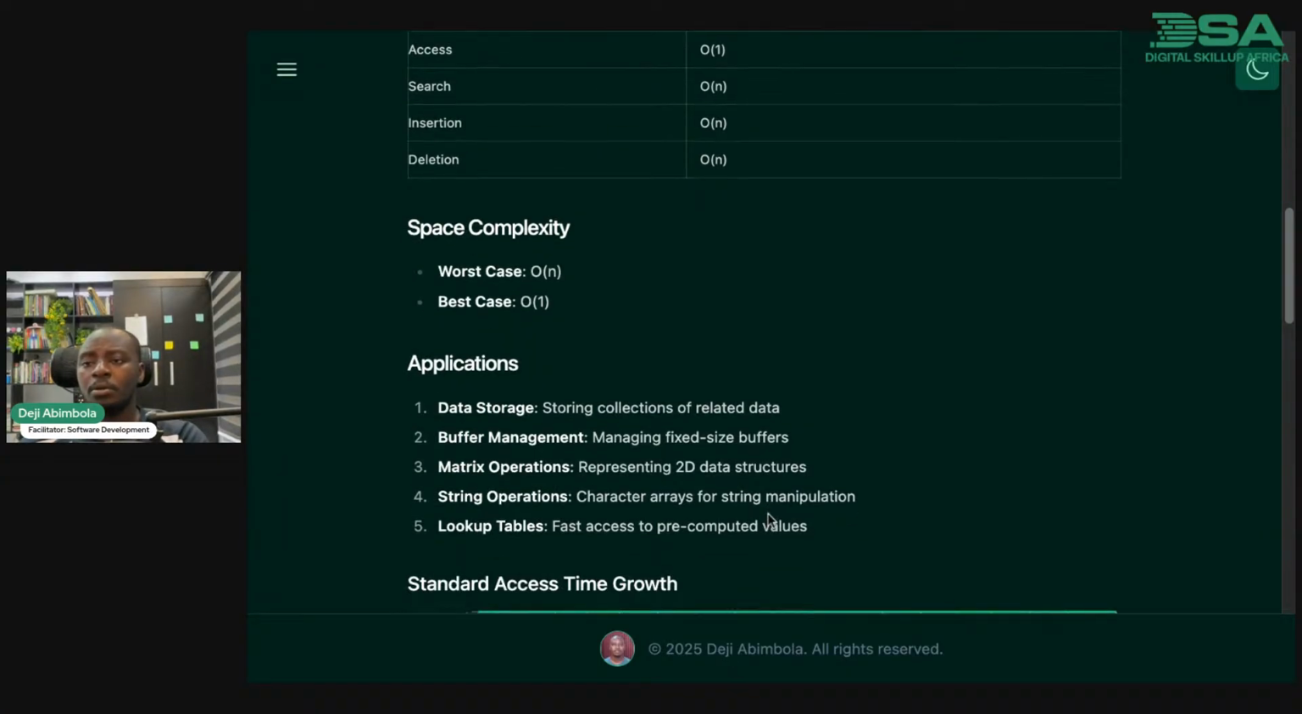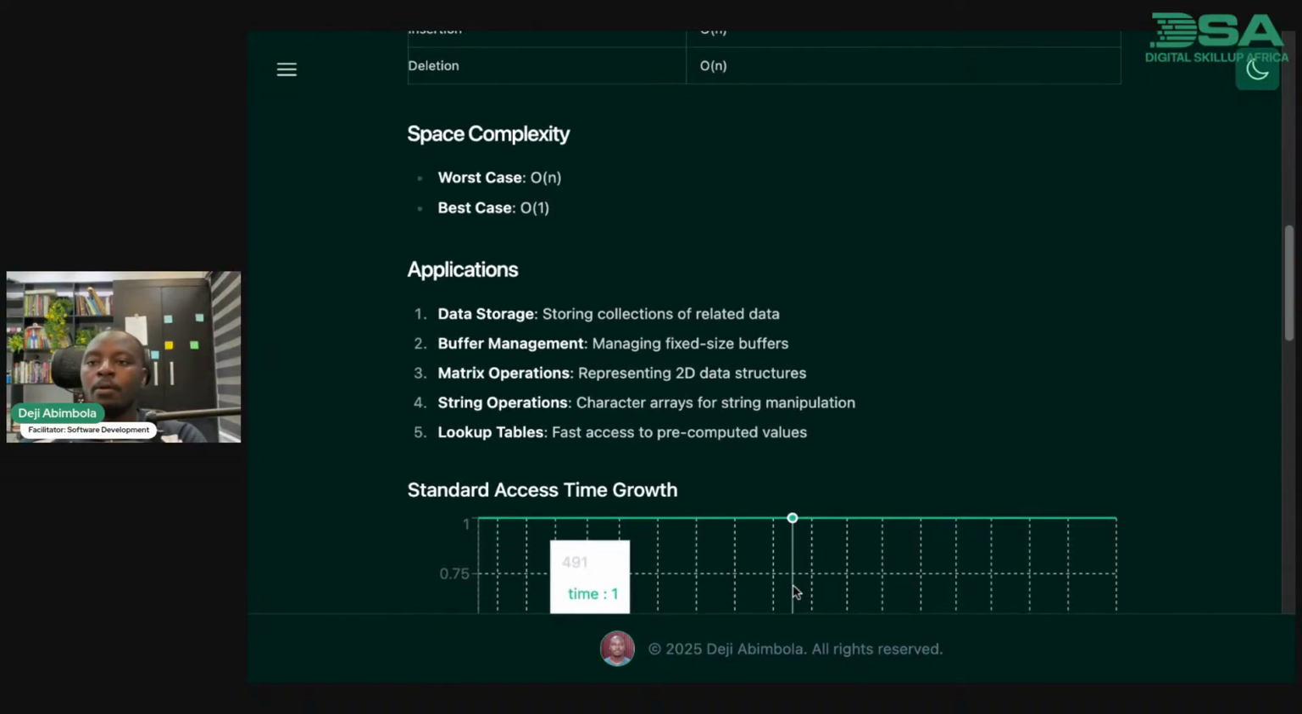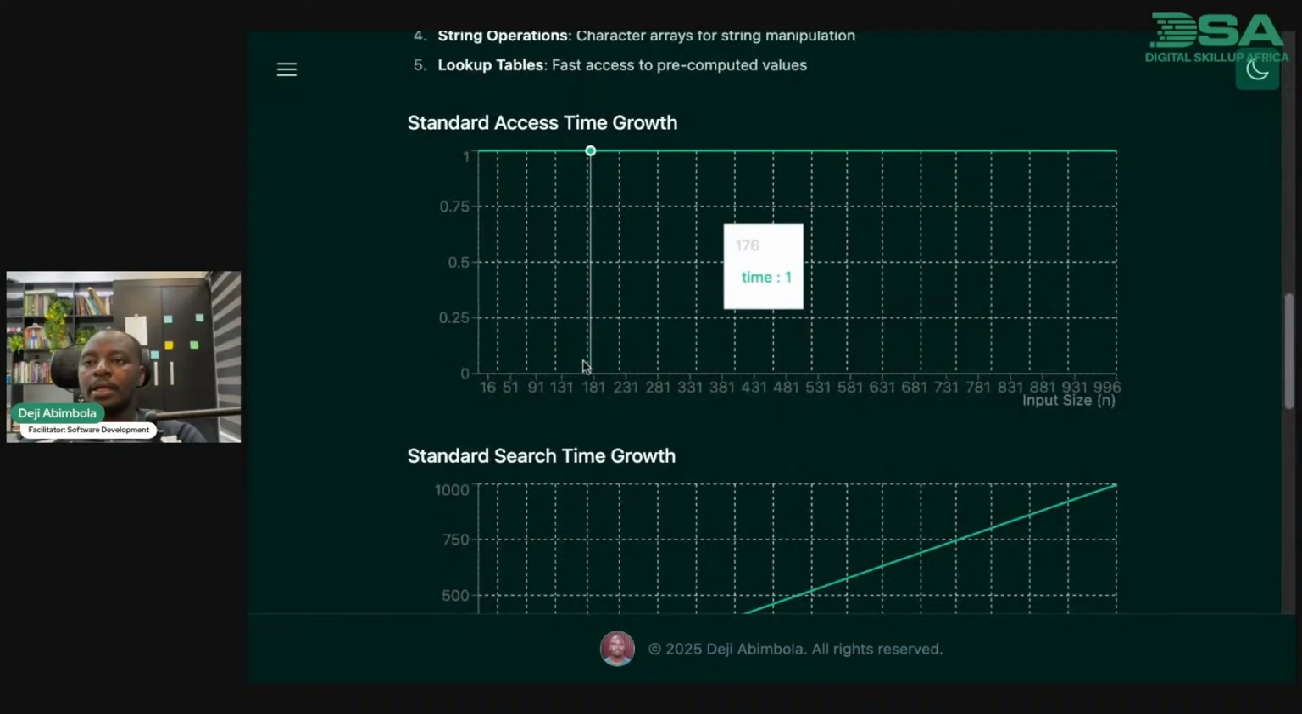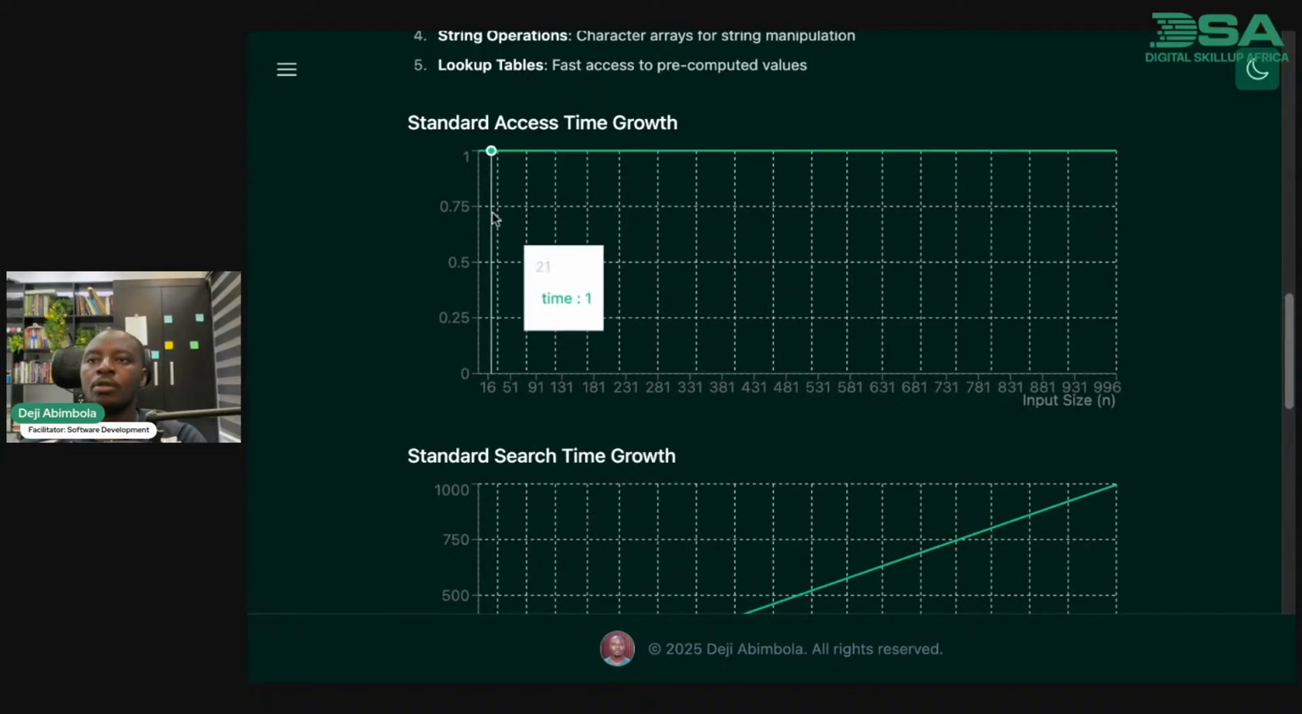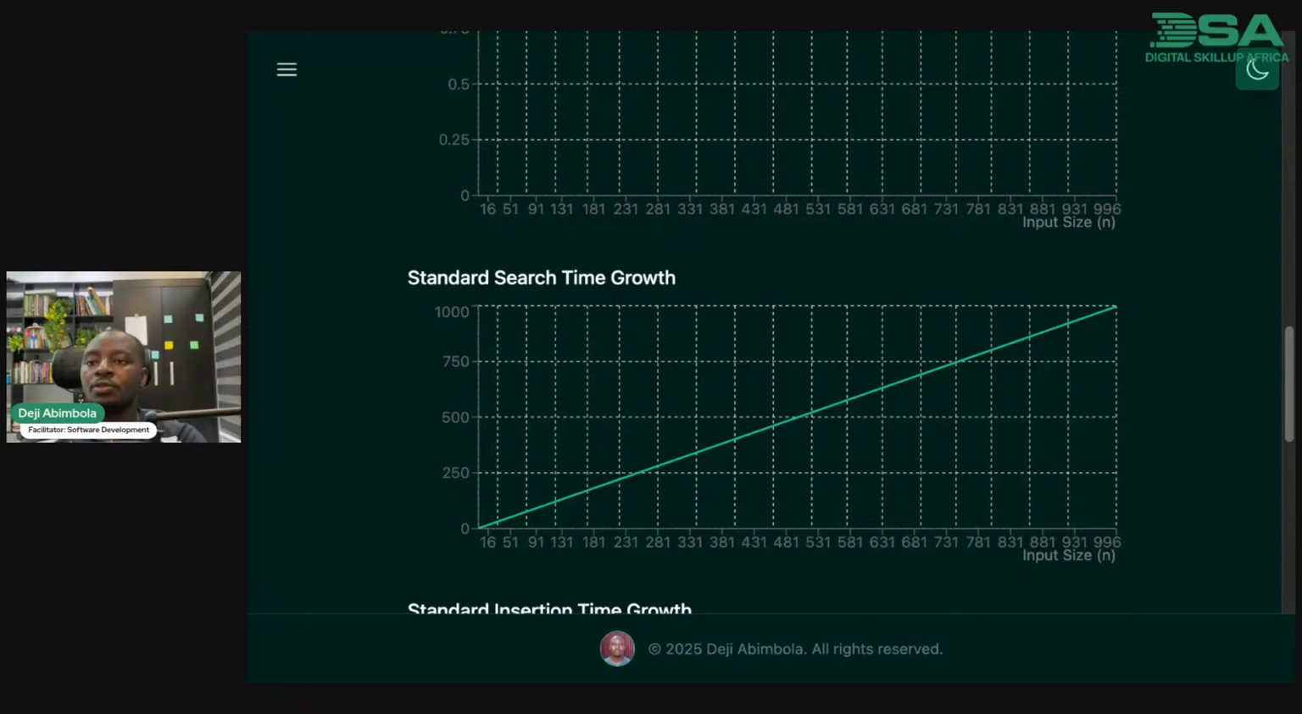You can also use it for a lookup table for fast access to pre-computed values. All right, so here are the graphs that I mentioned earlier that I was going to provide you. So in terms of access, I said it's O(1), so it's one to access the last element or the middle element. But when it comes to searching, like I mentioned, it is dependent on the size